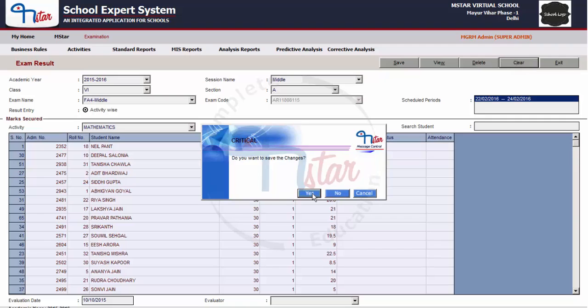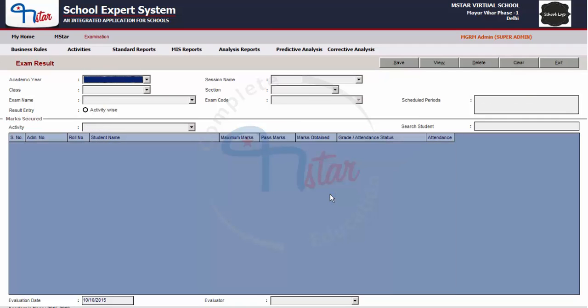Click on the Clear button to clear the screen, and repeat these steps for consolidation of